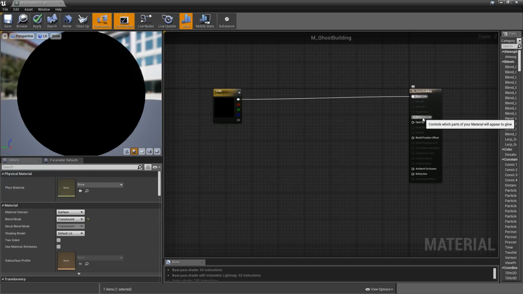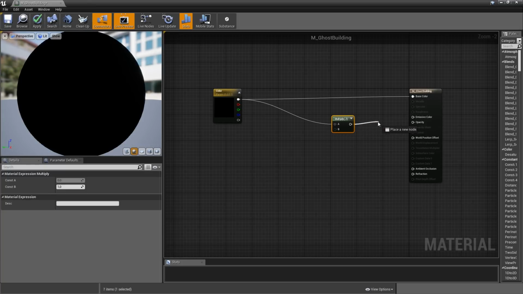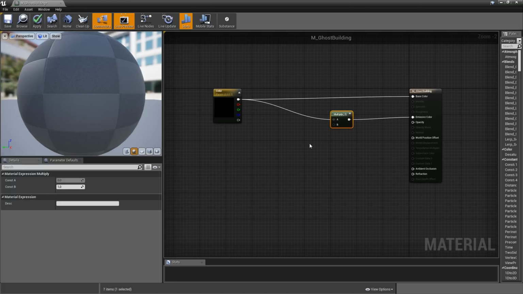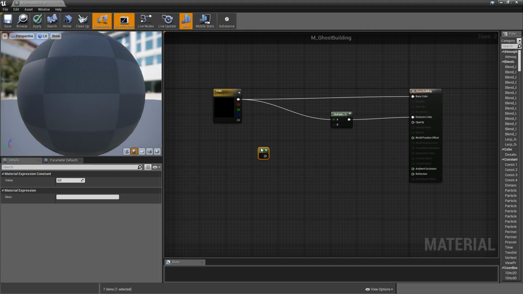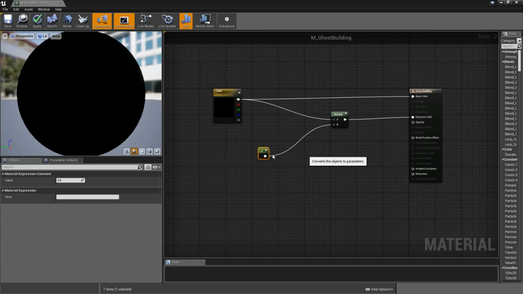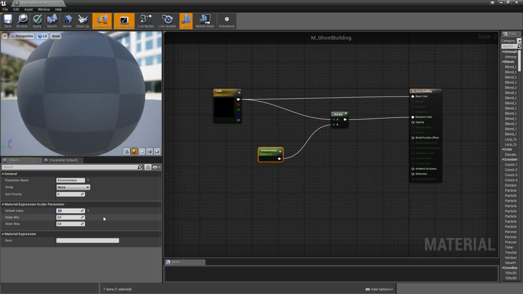Then we also want to have an emissive color. We could just plug in the color like we did for the base color. However, to boost that and to make it really shiny, we will multiply that. So look for multiply. Then we can hook that into the emissive color. Now we want to create a value that we can call something like the emissive boost that will hook up to B. So hold down 1 and left click, get a constant, plug that onto the B, right click and also convert that to parameter. We will just call that something like emissiveness. Maybe give it a default of 2, something like that.